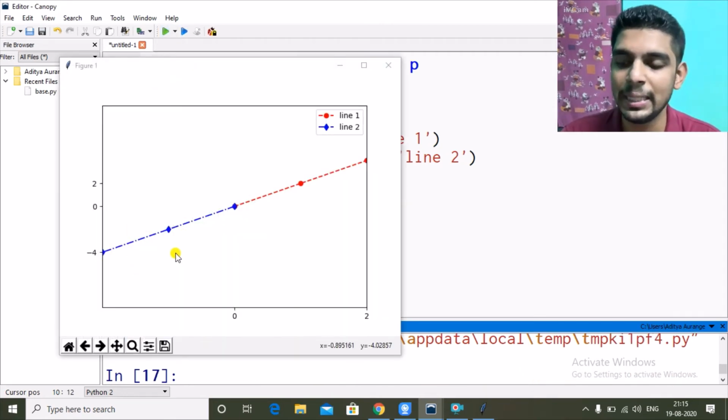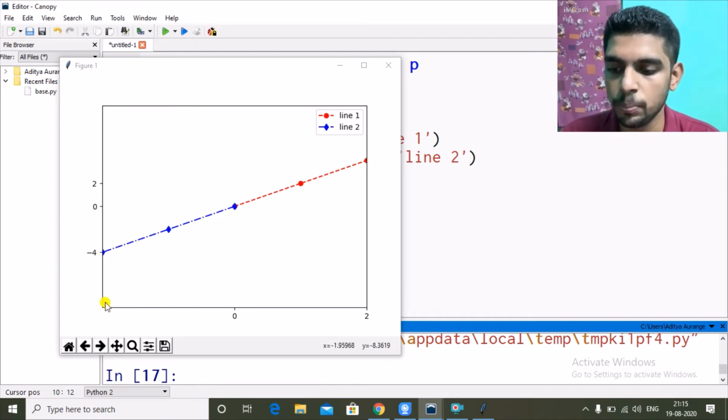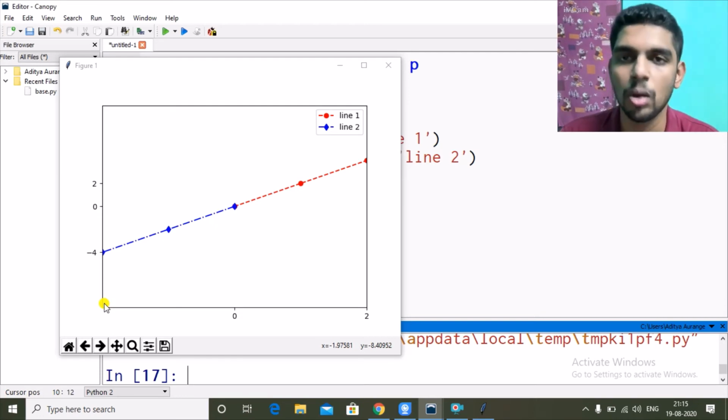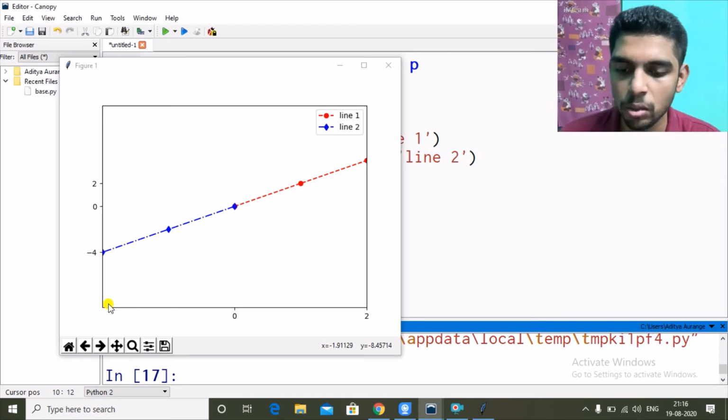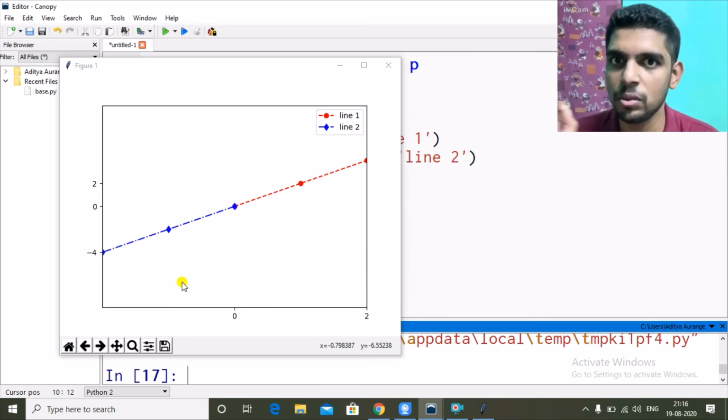So as I said, it will cut the graph. This point where my mouse is, is -2 or approximately -2. In the bottom right, you can see the values of x and y. If I keep my mouse here, it is showing x equal to -1.9 something, so almost -2. So this point is -2, starting with -2 and 0, then 2. And in the x-ticks we gave only -4, 0 and 2, so we are not seeing anything else here on the axis.